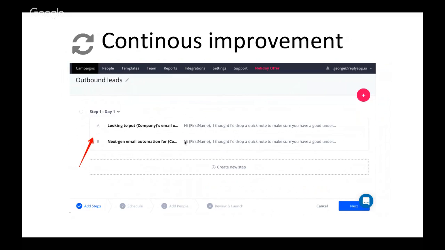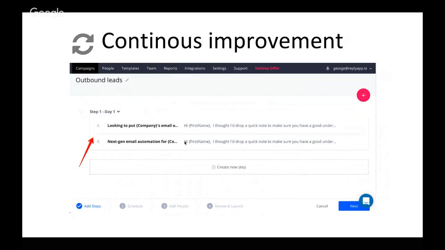Of course, besides A/B testing, there are a lot of other tools depending on the platform you choose. In Reply, there's, like I mentioned, rich analytics and actionable data that you can use. You can track the detailed prospect activity, everything that's been happening between you and the prospect: when they received your first email, when they opened it, when they clicked on the link in your email. So you can see that in chronological order.